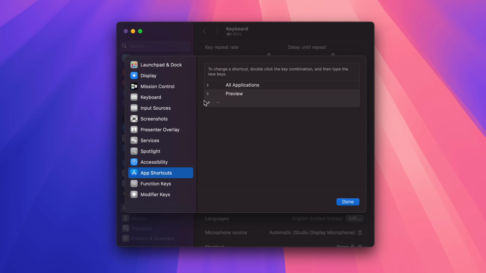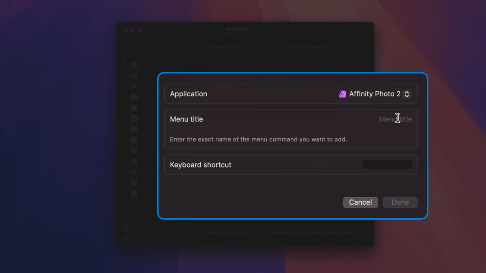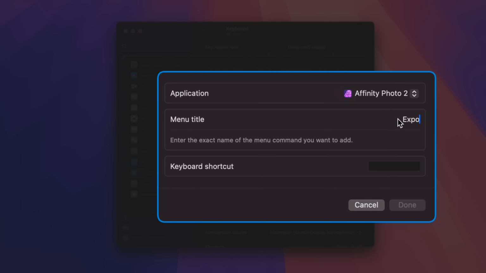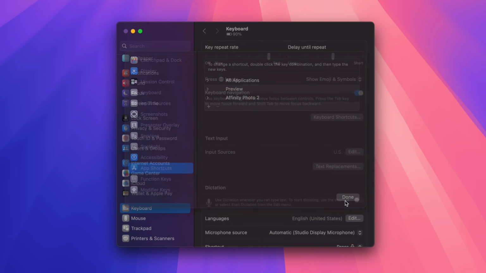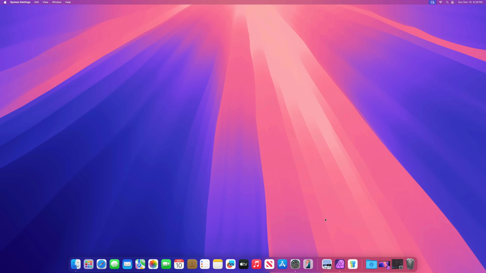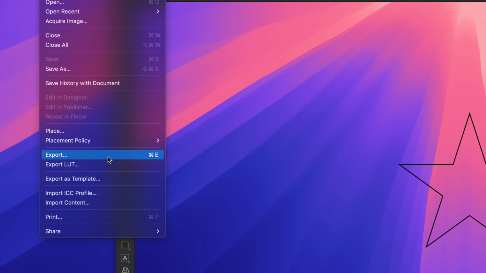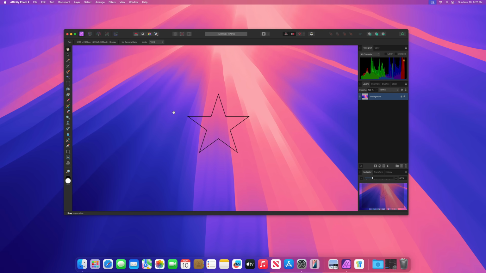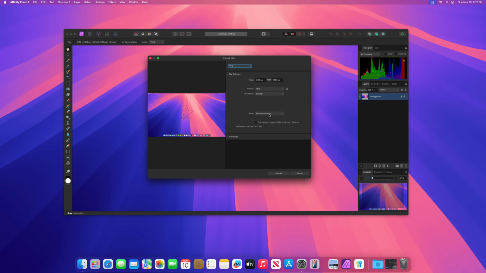I'm going to go back to app shortcuts, create a new shortcut, select Affinity Photo and application. Menu title is going to be the same, export. And then keyboard shortcut, we're going to change it, Command E, done, done. A lot more simple than what we had before. So we can actually go up and verify that, go to File, and look, now it's just Command E. I don't know about you guys, but I'd say that's a much better shortcut command than what was set as